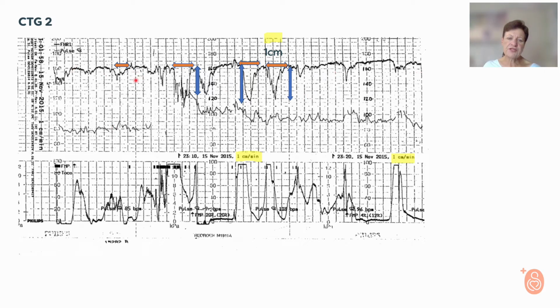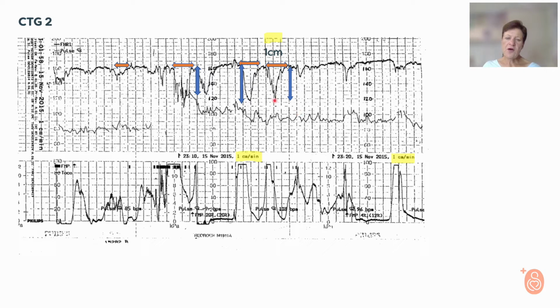because these decelerations, they are decelerations, but they are very small. They don't meet the criteria of a deceleration. We've said the deceleration is where the fetal heart rate decelerates with more than 15 beats per minute, and this is too small. So if we look at these bigger decelerations, we see that there's no uniformity in their form